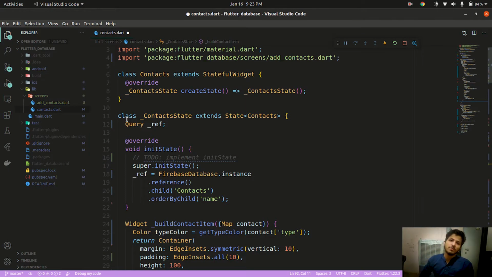So guys, as you all know, in the previous lecture we learned how to create a contact and read it in a list view with our Flutter application using Firebase database. Now in this lecture we are going to learn how to update our contact and delete it. So let's get started. First, let's come back to our contact.dart page, and here let's create two buttons